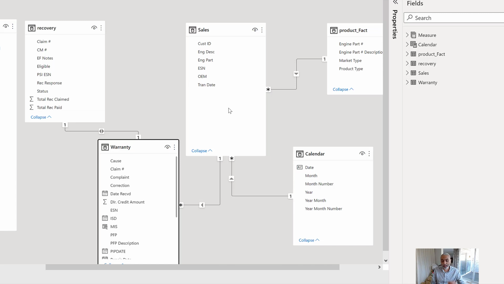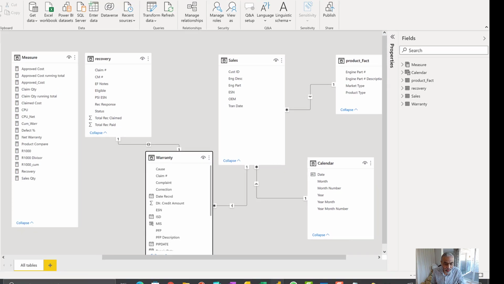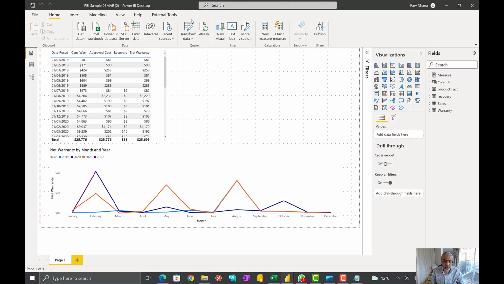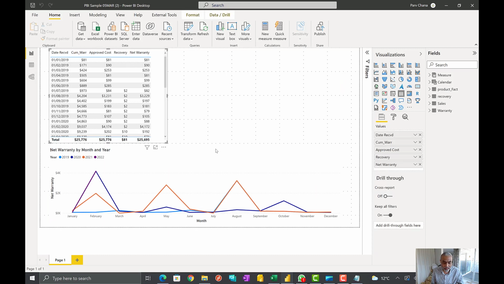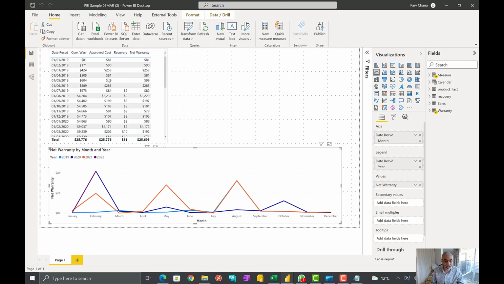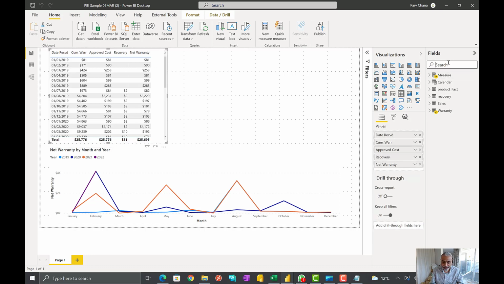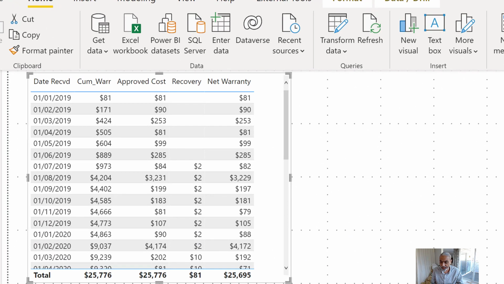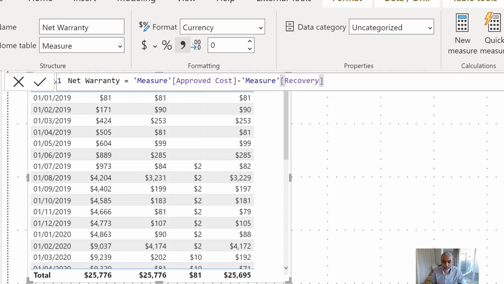So let's look into what the ways are to do that, and why the way I think is the right way to do it, and I will explain that. Here, let's first look into what the net warranty is, and how the user already has the measure in here. Net warranty is basically approved cost minus recovery. Approved cost is, let's quickly look into that, just a sum of the dealer credit amount